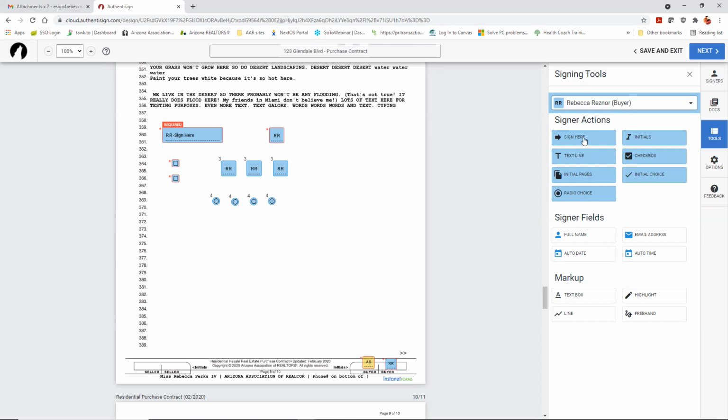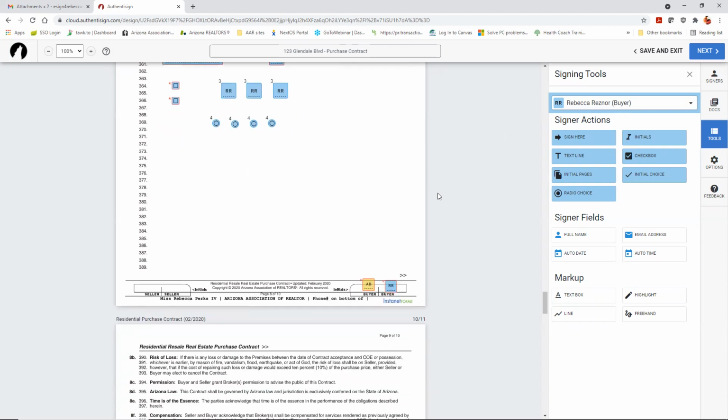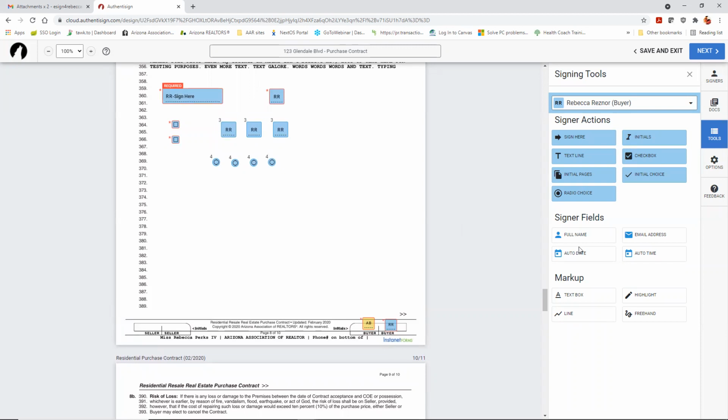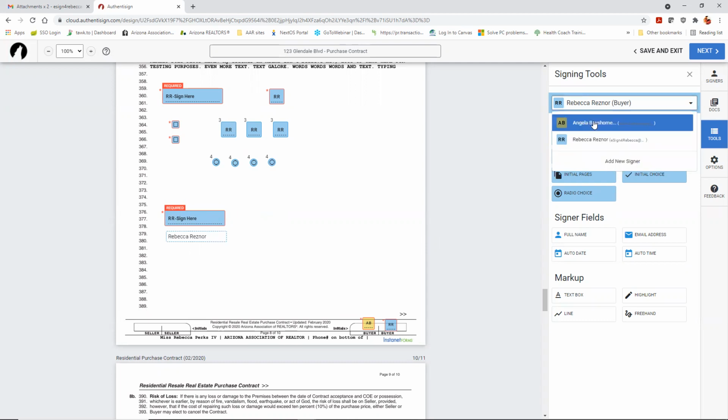But generally, you're just going to be doing signature and initials. You have other options. Signer field is just a little shortcut that you can do. So let's say you have a third or a fourth signer. The forms are set up for 2 signers. So you can add 3 or 4 people to sign, drag their signature down where it needs to be, and then you do have to type out their name under the box. So you can just click their full name, and it's just a shortcut instead of drawing a text box and typing it. So if I had Angela selected,